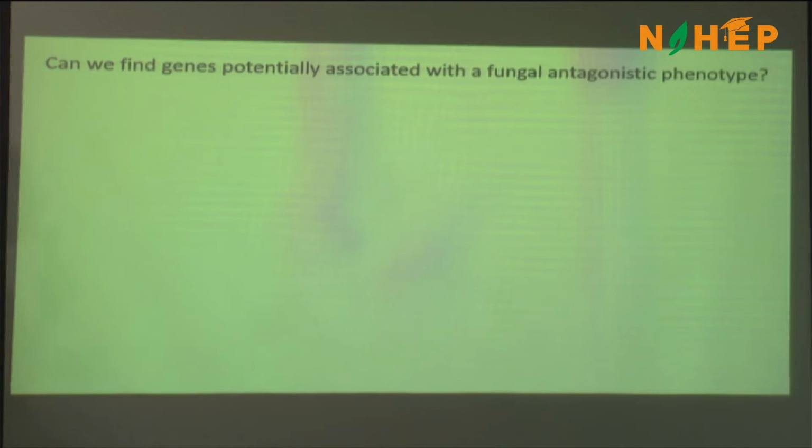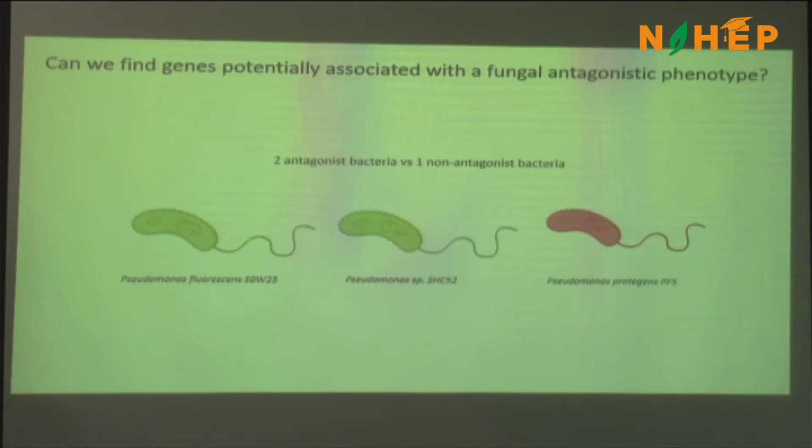So now, can we find genes potentially associated with a fungal antagonistic phenotype? This reminds you of something, right? This is really similar to the practicals that you are doing. So let's do a quick recap of the practicals that you're doing in the wet lab. You isolate some bacteria from the soil, and then you are going to test if it has a fungal antagonistic phenotype, right? So then you got 3 bacteria, and then you see that 2 of them